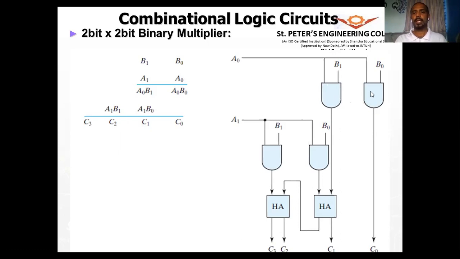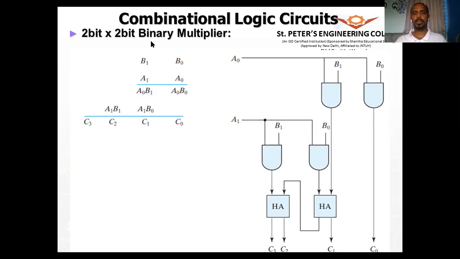So therefore, if I use m by n number of bits, then I would require m into n number of AND gates and n number of half adders to realize the sum. All right, so that is in general. We are just checking what the circuit requirement will be for this combinational circuit to realize this binary multiplier.